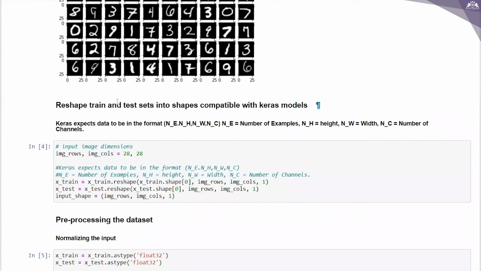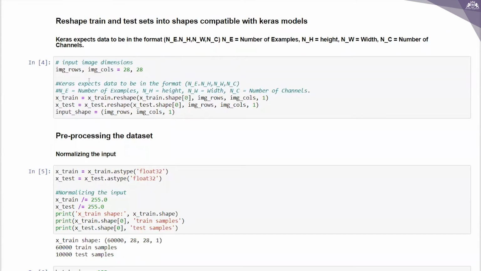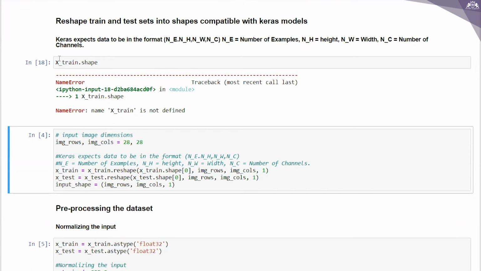So what I'm doing now is trying to reshape the train and test sets into shapes compatible with the Keras models. I want to take img_rows and img_cols equal to 28, 28.